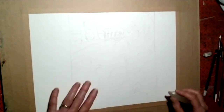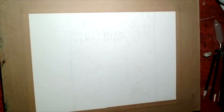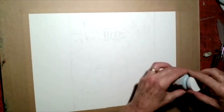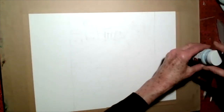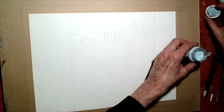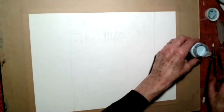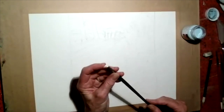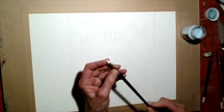So hopefully that dispersed that sparkling texture over the surface. Now I'm going to get my masking fluid, drawing gum, and I'm going to use my colour shaper, which is my solid brush with a kind of rubbery solid tip,